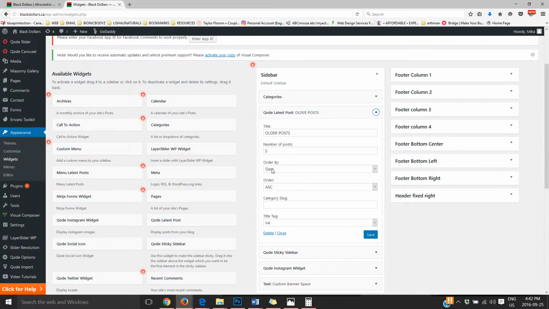But again, you do have different options. You can do it by date, you can do it by title, and you can have it ascending or descending. So if you have it descending, it's going to show your latest post, so your newest post. But I set it to ascending because I thought it was a little redundant to have